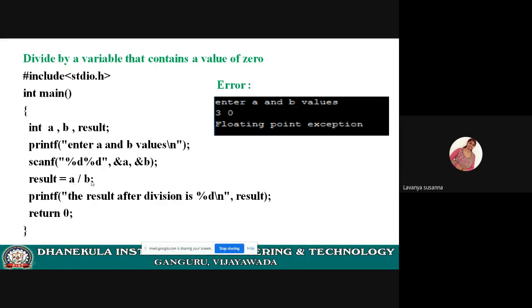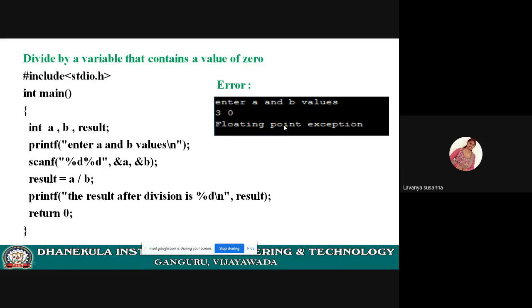3 divided by 0. Which error did you get? Floating point exception. That means an invalid operation. You cannot divide anything by 0. That is undefined, right? You cannot divide. Here you didn't get any result.